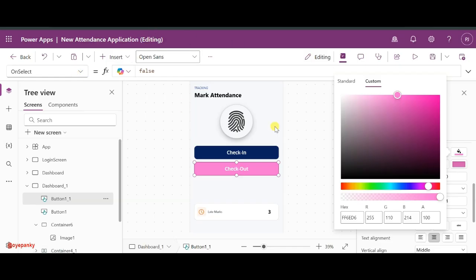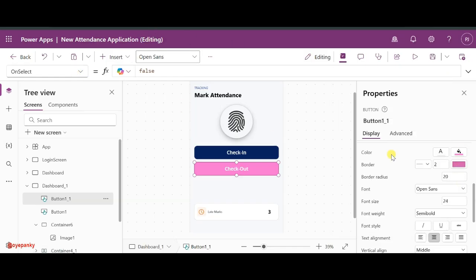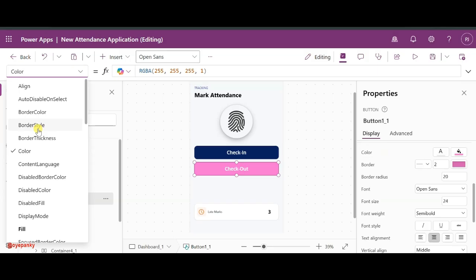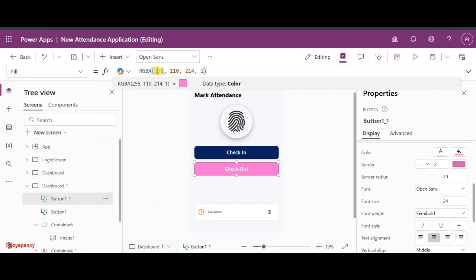I think let me add the color manually. So go to the fill property of the button, and here I need to set like